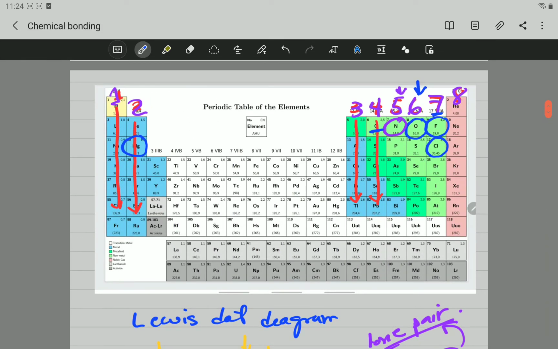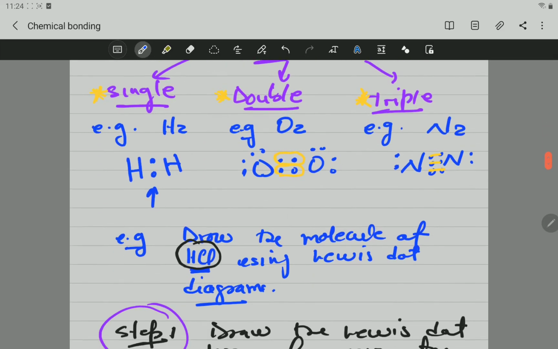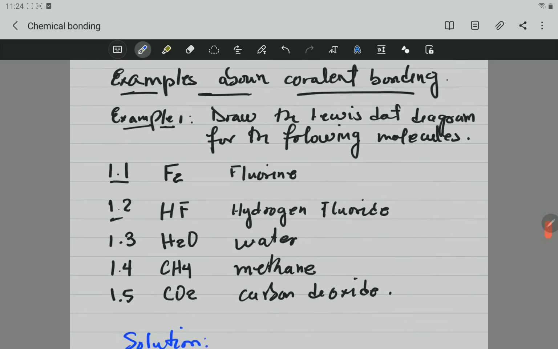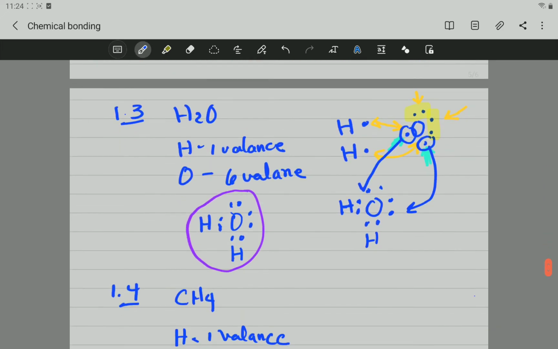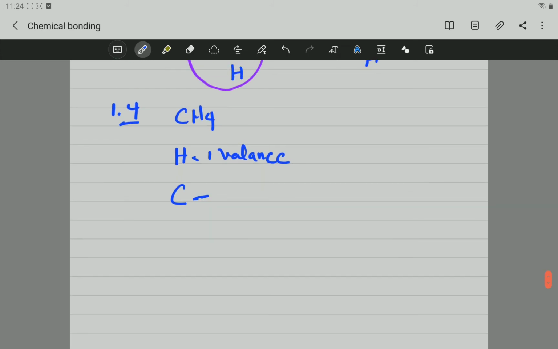Carbon is in group 4. Here's carbon. Let's clean so you can see it. There is carbon in group 14, and therefore it has 4 valence electrons. Carbon has 4 valence electrons. So let's draw the Lewis dot diagram for each hydrogen individually